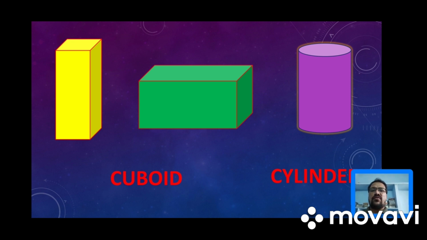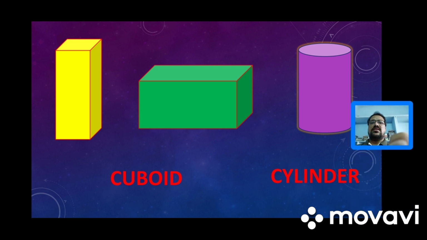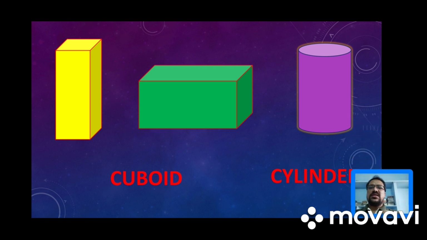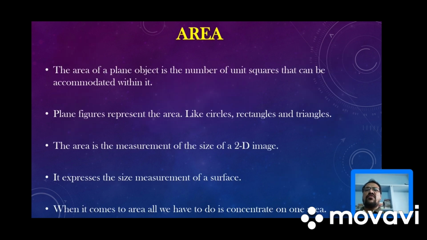One more we have is the cylinder. What is a cylinder? You can understand by seeing the cylinder picture. You have a circle at the bottom and a circle at the top, and the two circles are joined at each and every point, which is a family of the prism. We'll discuss it later. So this is also a 3D figure. Let us have the final statements.